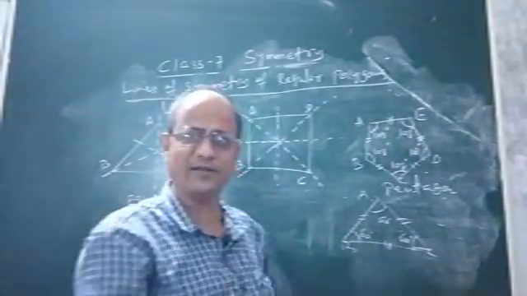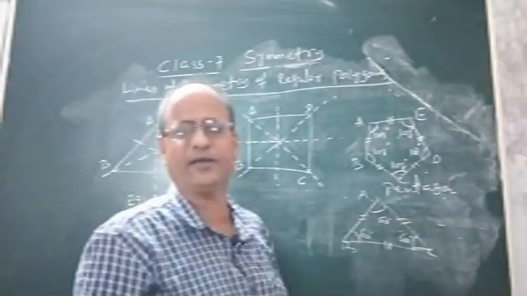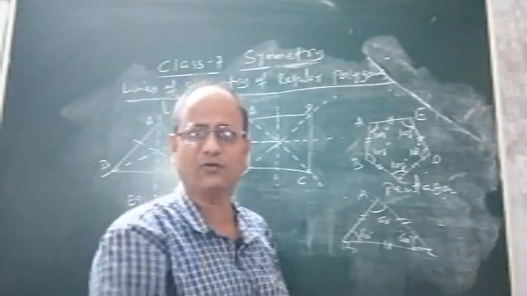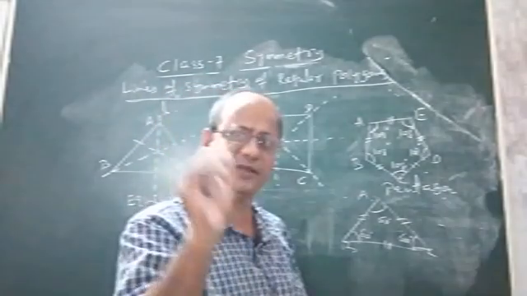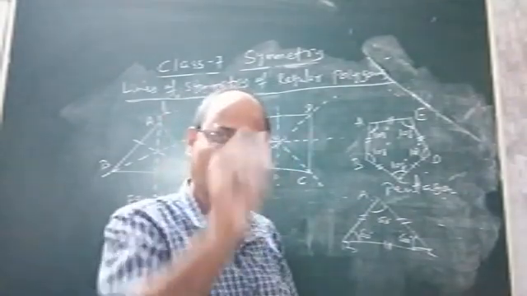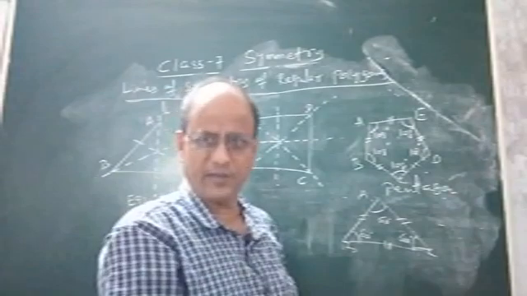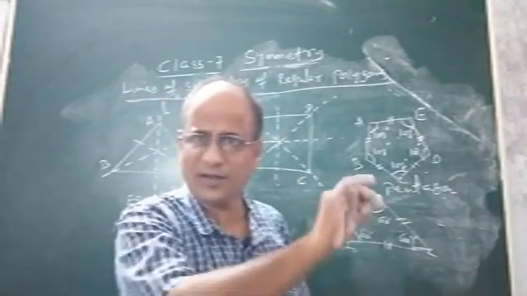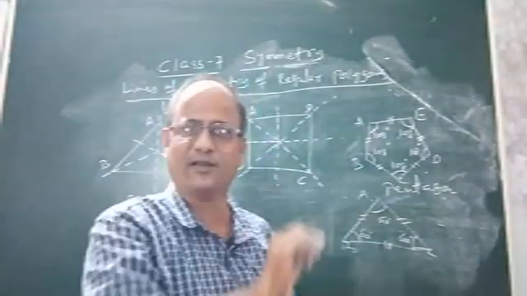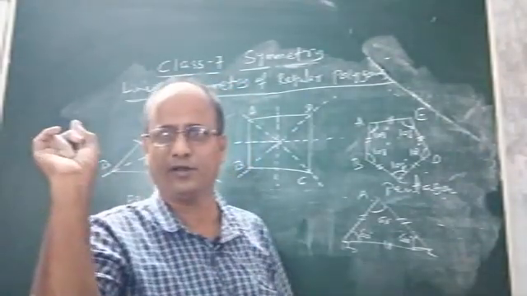Now just imagine a rectangle. Do you think a rectangle will be a regular polygon? The answer is no. Why? Because in a rectangle each angle is 90 degrees. Yes, no doubt each interior angle is the same in a rectangle. But what about the sides? Do you think all the 4 sides of a rectangle are equal? The answer is clearly no. Only opposite sides are equal. So a rectangle cannot be a regular polygon.